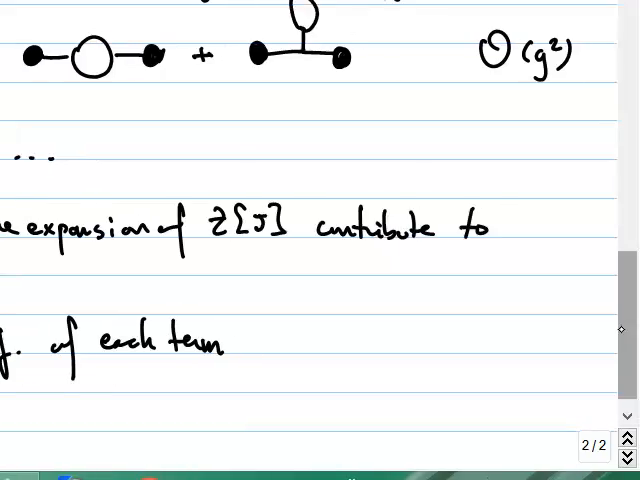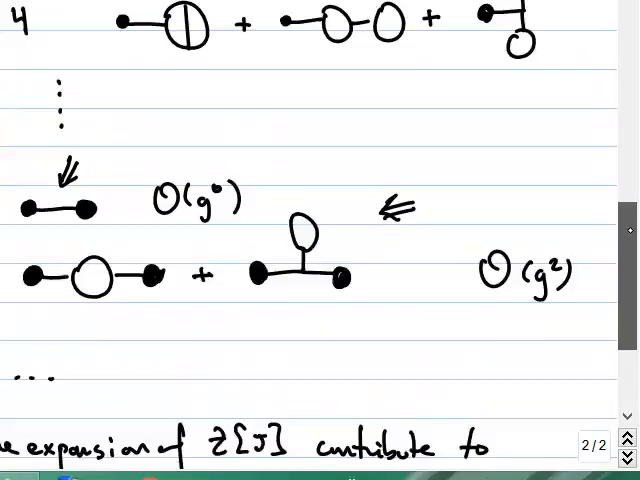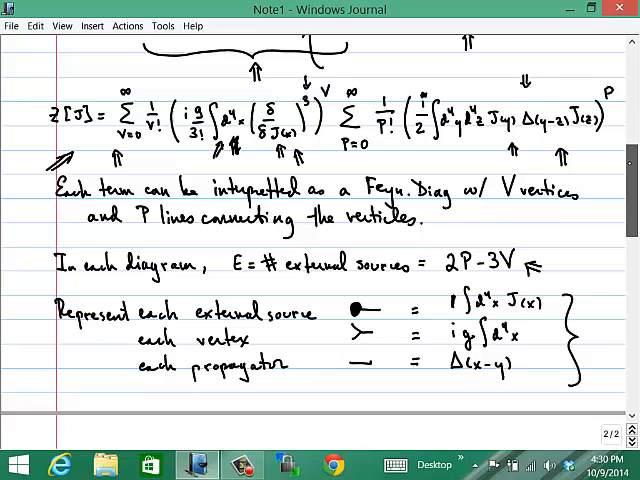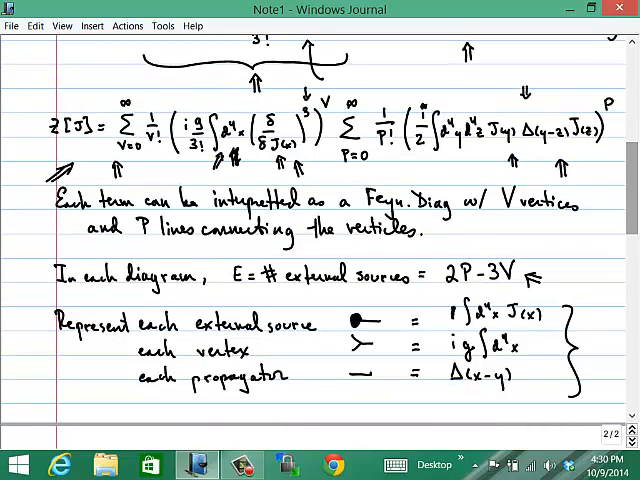So in particular, if you look at our original expression here, you see that for a diagram with v vertices and p propagators, you get a 1 over v factorial here, you get a 1 over 3 factorial to the v power here, a 1 over p factorial here, and a 1 over 2 to the p power here. Okay? So you might think that all of those terms will appear as a coefficient to a given Feynman